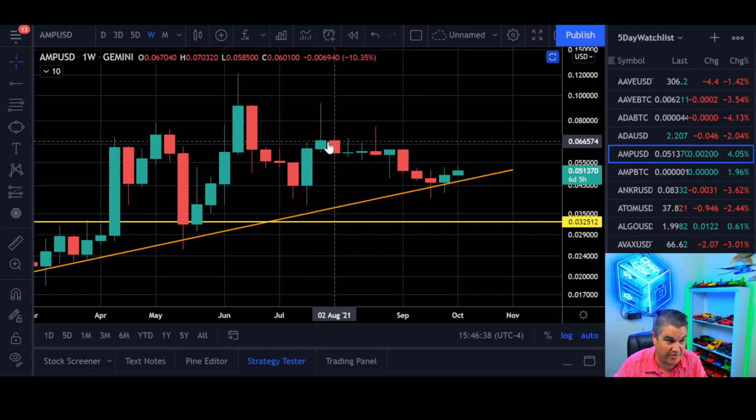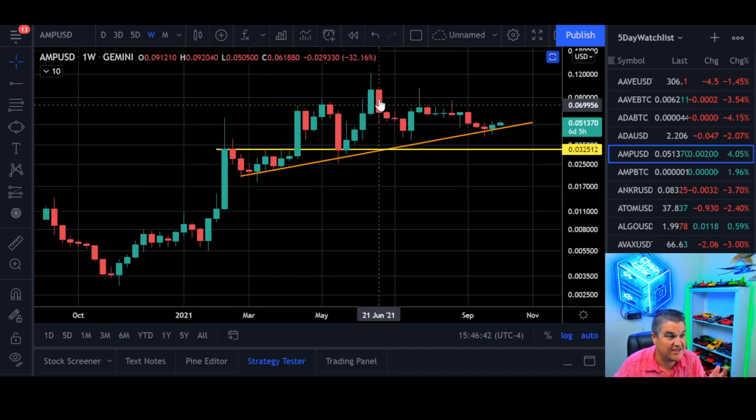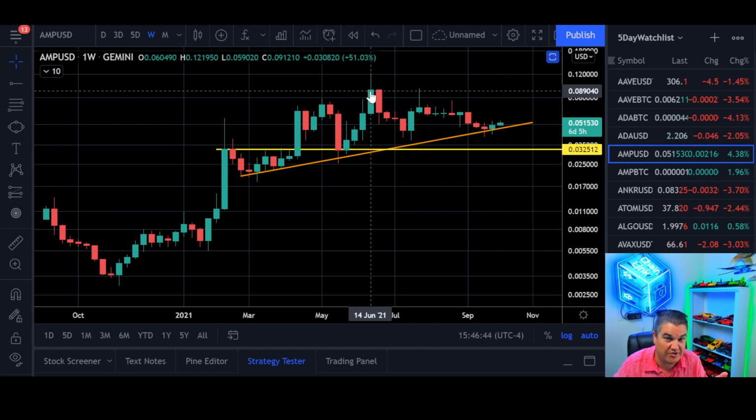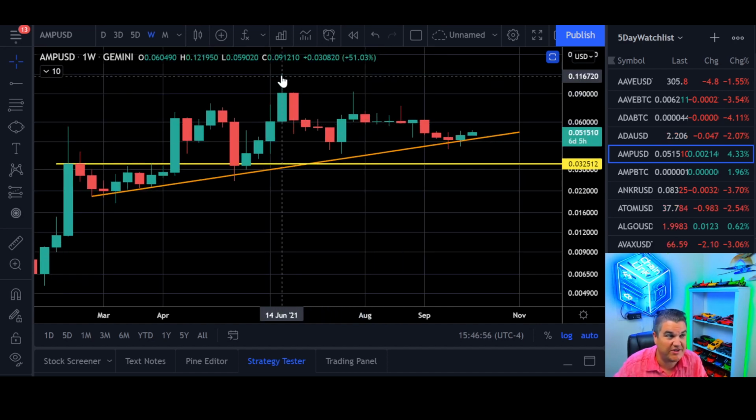What's the next level? It'd be this candle. What's the next level? It'd be that candle. If we break this, then we're in all-time high territory, price discovery mode, and all bets are off, right? If you see AMP on a weekly scale above 9 cents and closing, right, not just price, you see all these wicks. AMP tends to be a little bit volatile when it gets moving. So if you see a closing weekly candle above 9 cents, get ready. AMP could take off in a hurry.